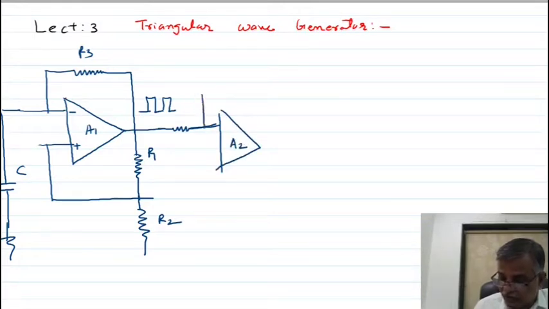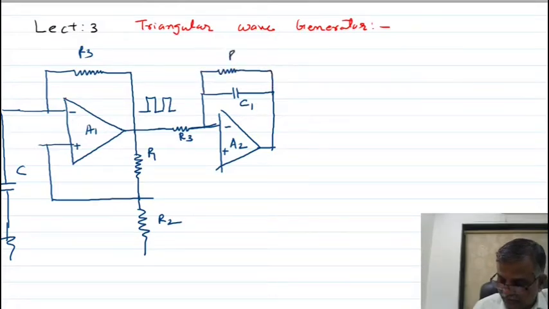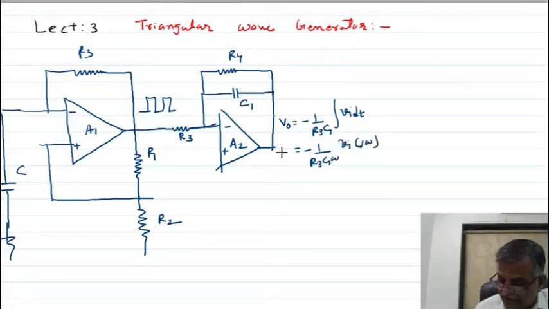This is your integrator circuit. This is plus minus. This capacitor I am writing C1. This is R3, and I am showing you R4. And here the output is nothing but minus 1 upon R3C1 integral of VI dt, or I can write minus 1 upon R3C1 j omega VI, that is VO(j omega). And this is your compensating resistor.